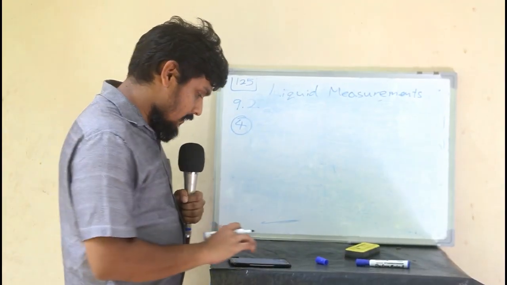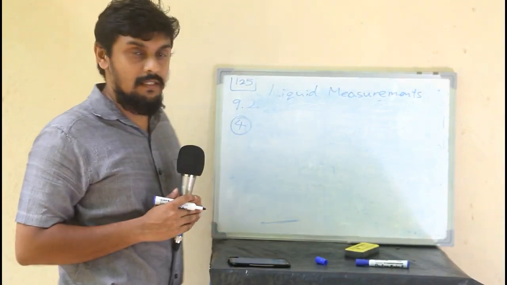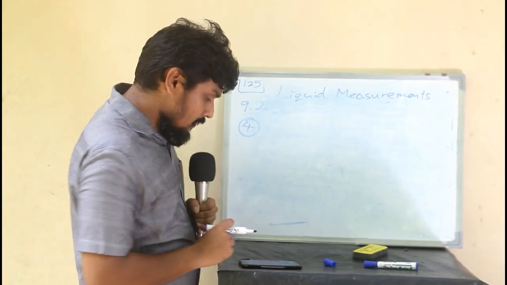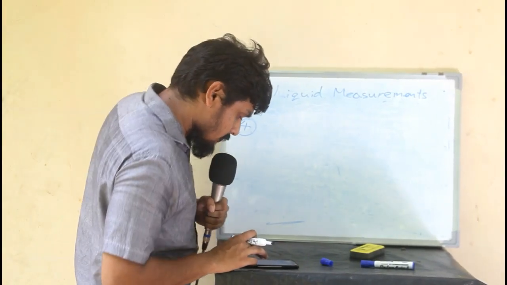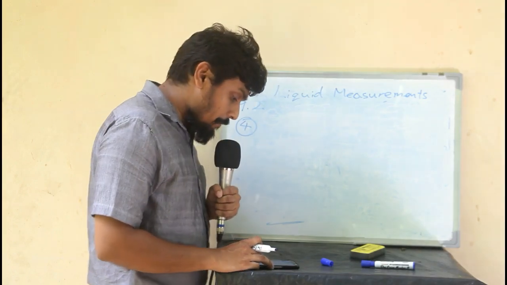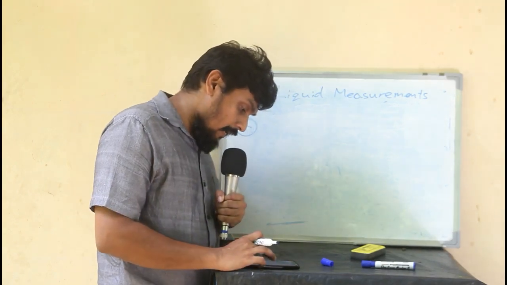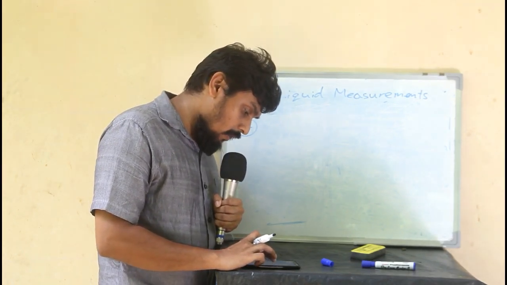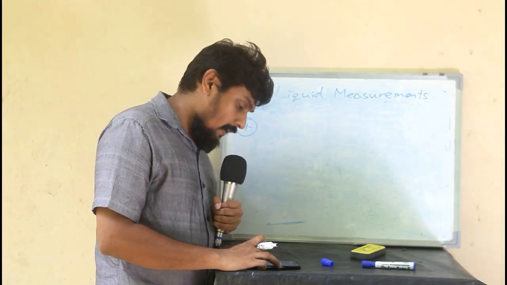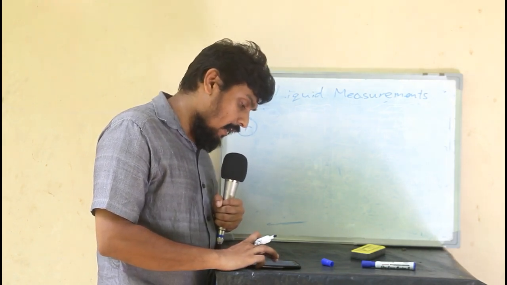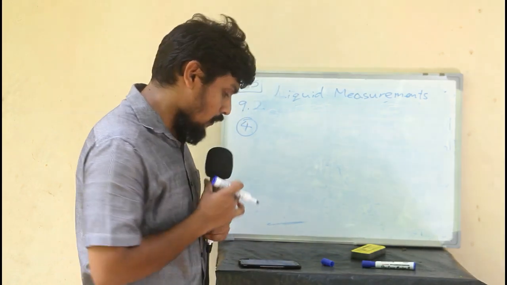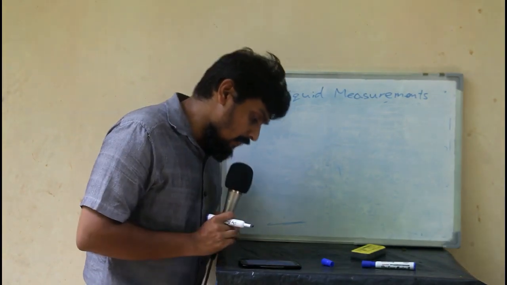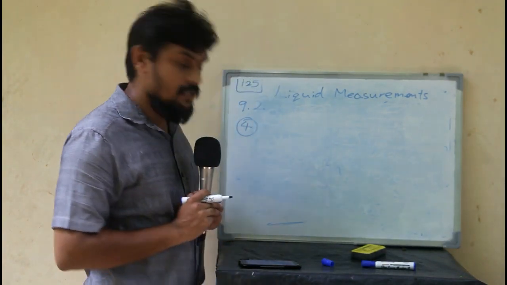Right, let's start question number 4, page number 125, exercise 9.2. Read the question. A person requires on average 150 liters of water daily. If a cuboid shaped tank of length 1.5 meters, width 1 meter and height 1 meter is completely filled with water, for how many people in total will this quantity of water be sufficient for a day?